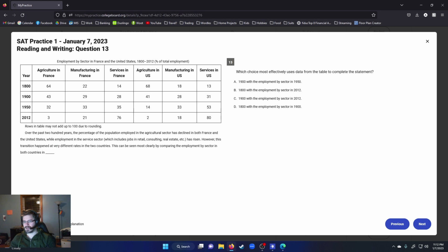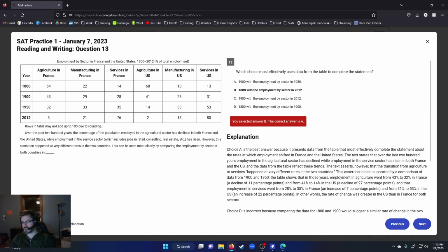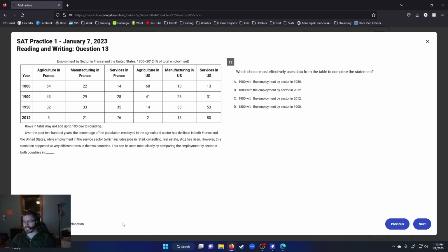Why isn't that the default? It should hide that by default. I'm going to see if I can give them feedback on the review here that it should hide the correct answer. This should be show correct answer and explanation. It should hide it by default and maybe put it over here to make it more obvious, because a lot of the kids who are going to score lower on this might not look down there. But anyway,